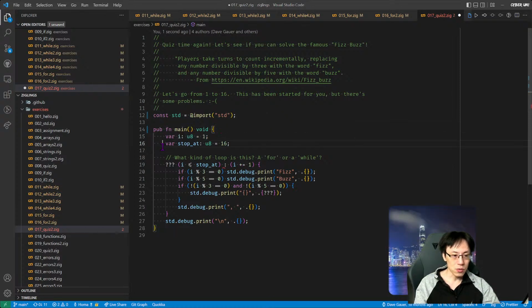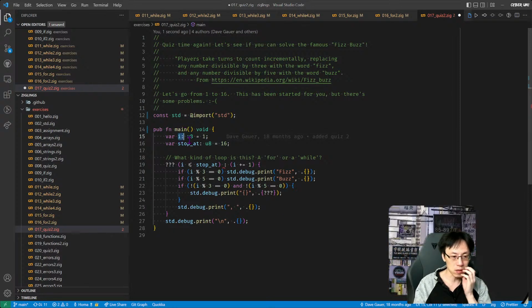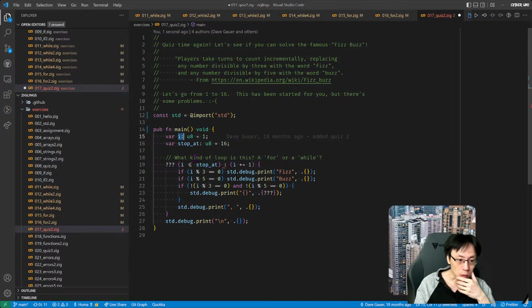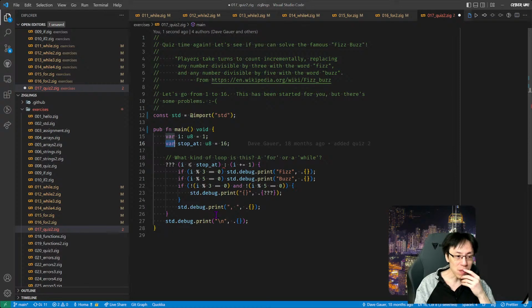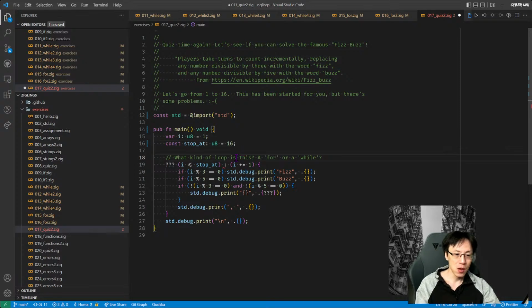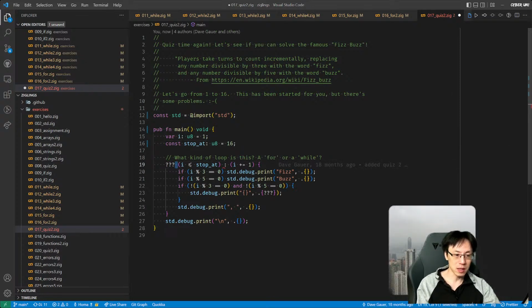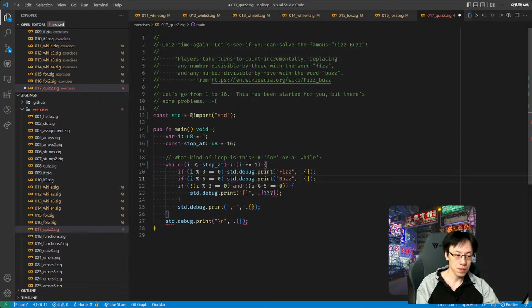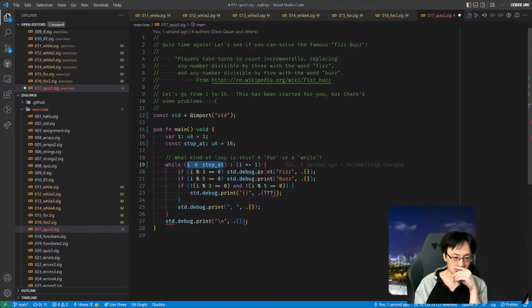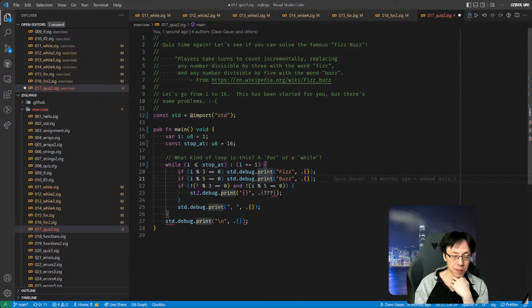So let's make this. This probably needs to be a public FizzBuzz. Well, we already did that. The other one was a FizzBuzz. So U8 I, it is not an index, so it is okay. How far do we want to go? Stop at 16, so U8 is fine. We can probably make it a const. What kind of loop is this? This is a while loop. Right, so while I is less than or equal to that, it prints fizz, this prints buzz, and then this prints